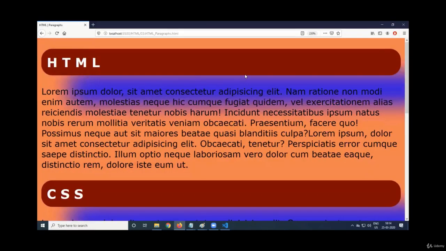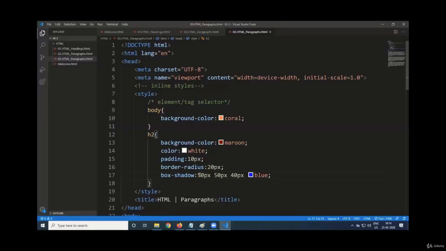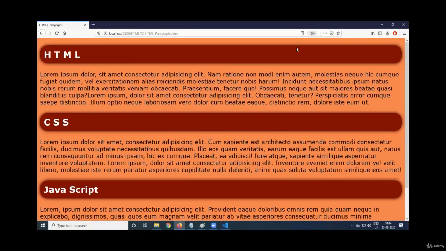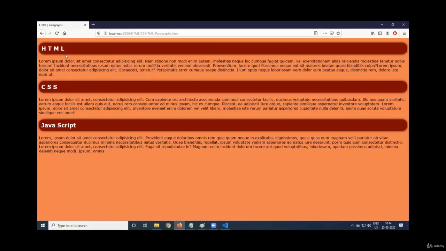This is the blur effect. So for the time being, I'll just use only 0, 0, 10 pixel black. So just change the value and see. So now reduce the size of this. This is the blur effect.